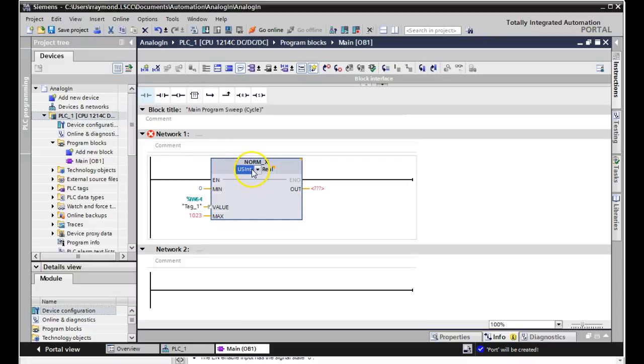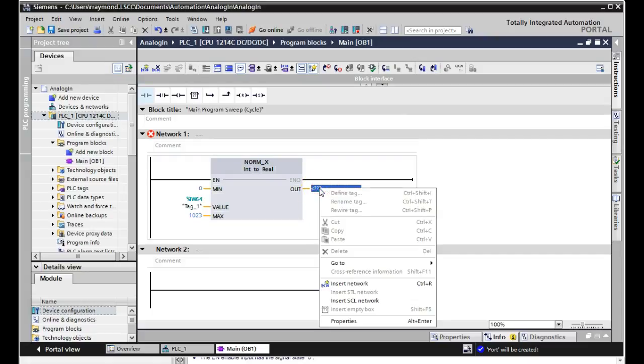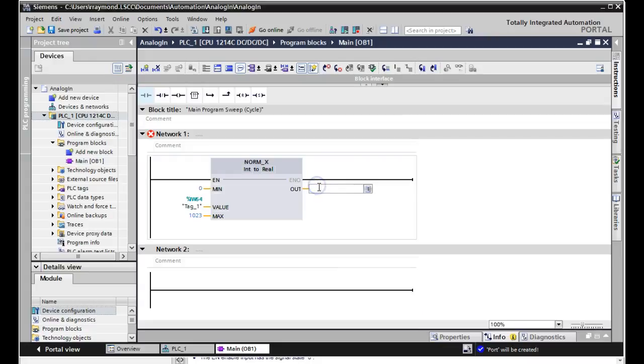It is going to be unsigned, but we could come up here and use an integer. It could be an integer because we're only going up to 1,023, and our integer gives us up to 32,767. And then my output, we're going to have to assign this. This is going to be a real number over here. And I'm going to have to assign it to a